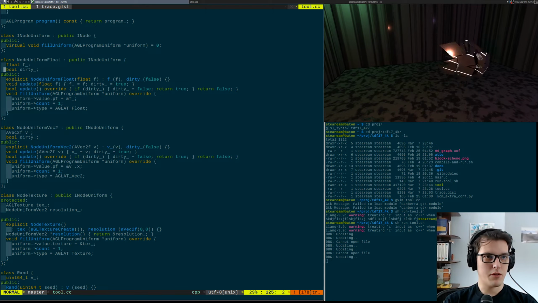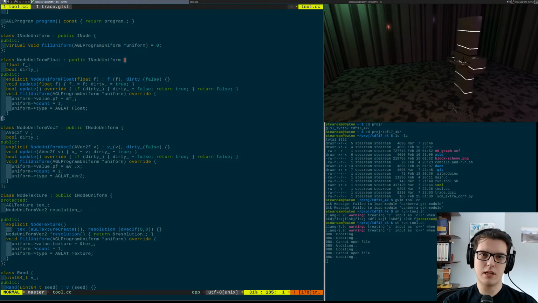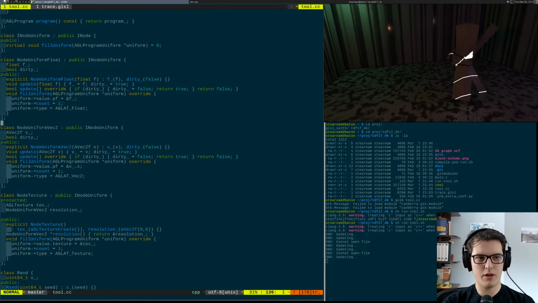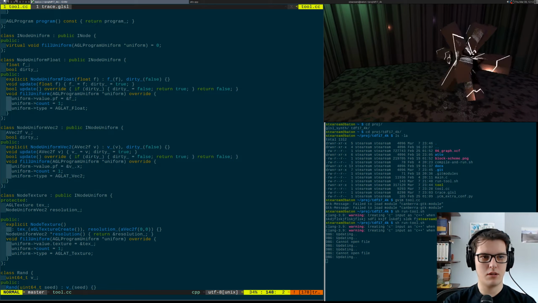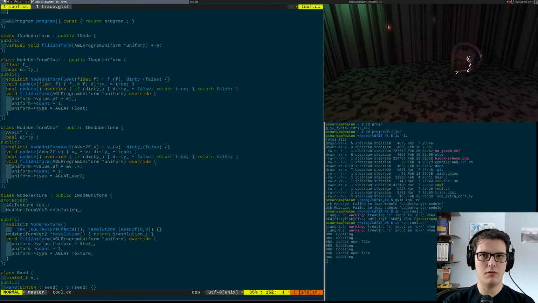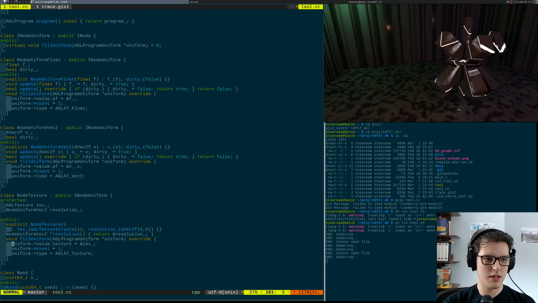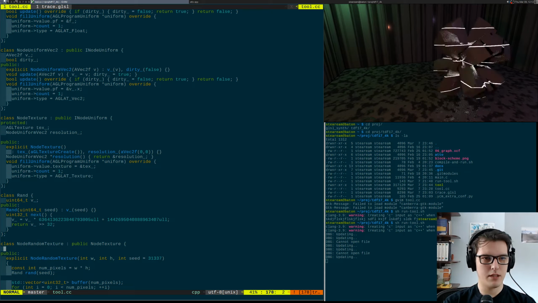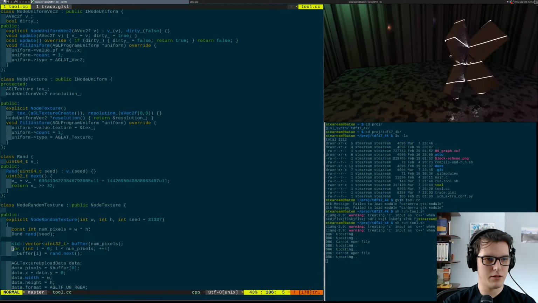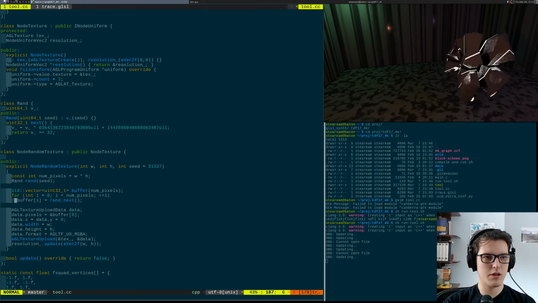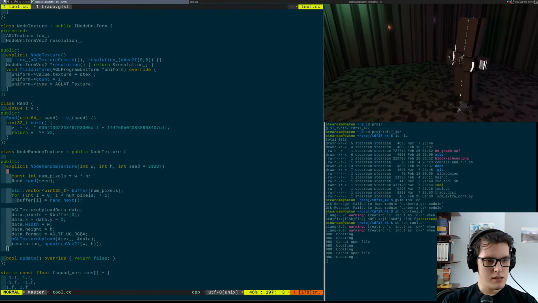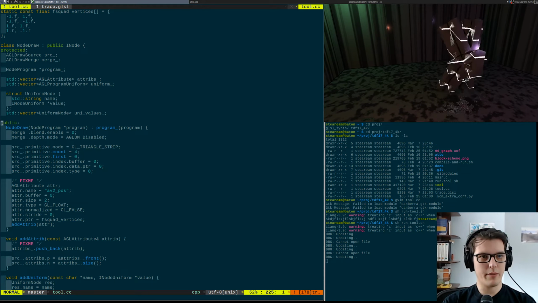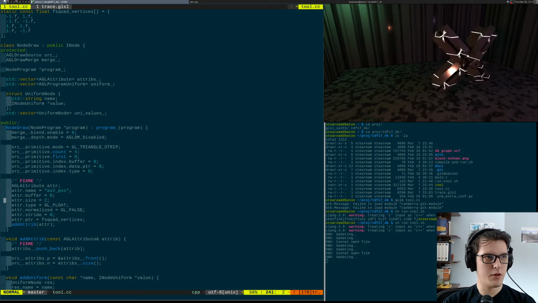And there are uniform nodes that represent some constant that you can feed into the shader program, as uniforms if you are familiar with GLSL. And there's this texture node that can also be fed into the shader program. Then there's a random texture node that is used to generate a random texture. Then there's a draw node that represents a draw operation. Basically, its purpose is to